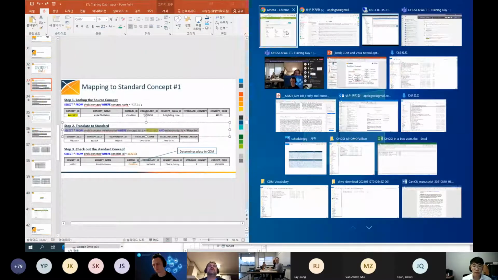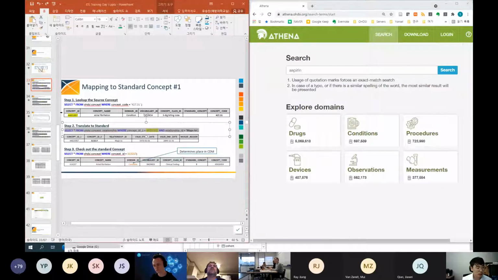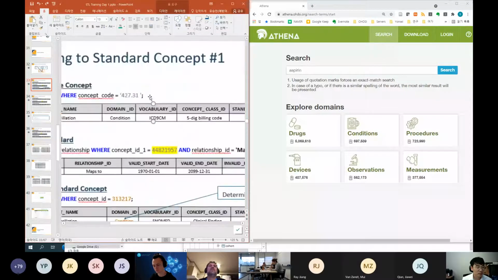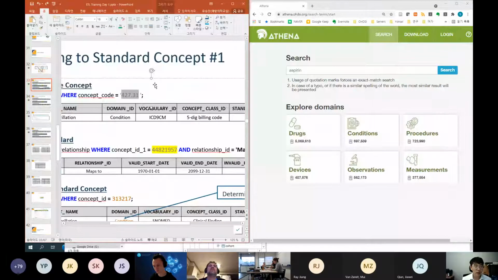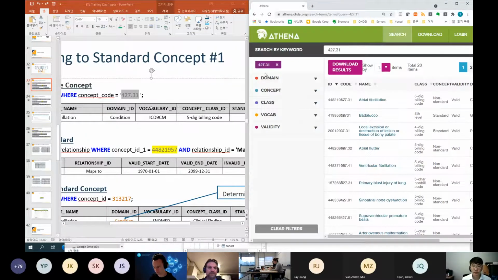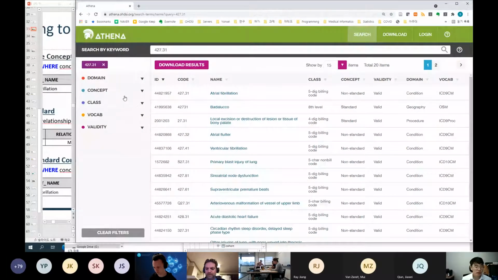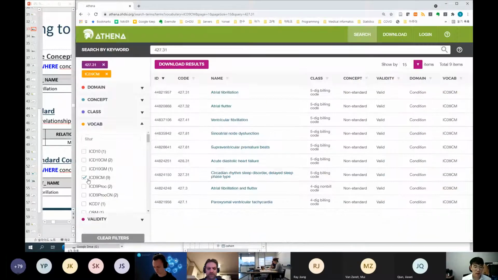So let me find the concept ID. If you want to find the OHDSI vocabulary for this concept code, 427.31, since it was an ICD9CM code, you can specify the vocabulary ICD9CM here. And you can find that this is atrial fibrillation here. If you click this,